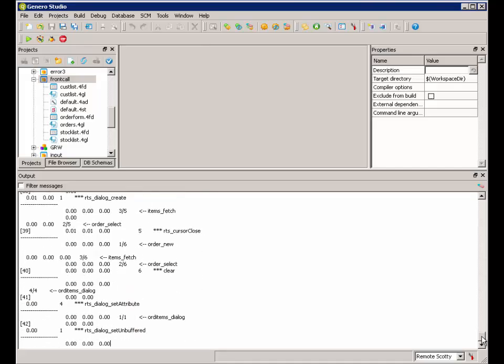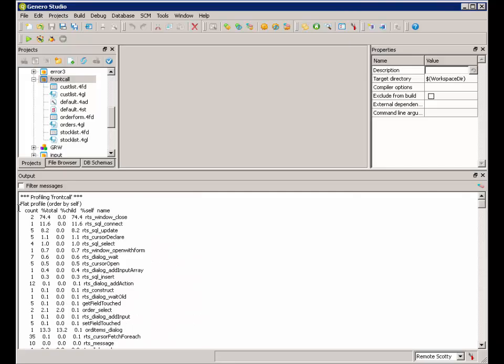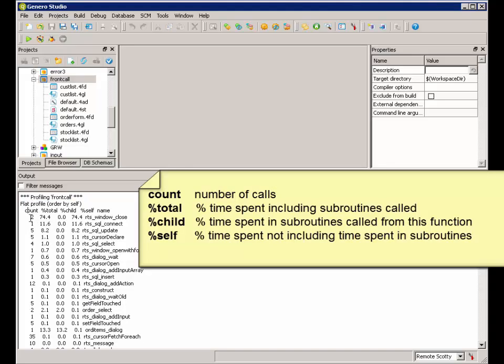Now the Profiler provides two reports. The first one is called Flat Profile. This contains the list of functions called while the program was running. It is shown in a 5-column table. The count column indicates the number of calls for the function. %total